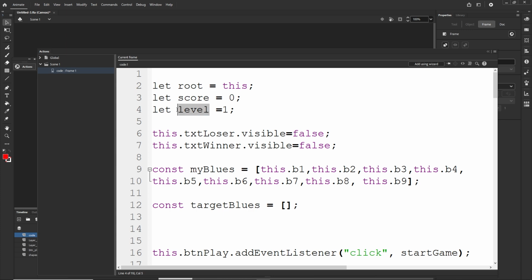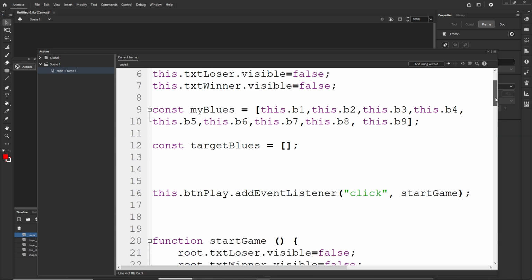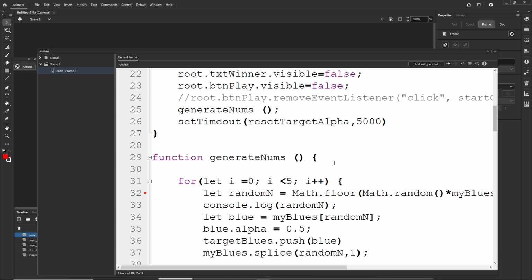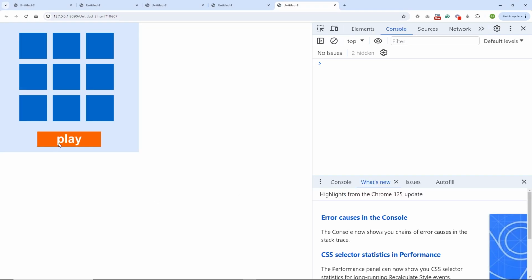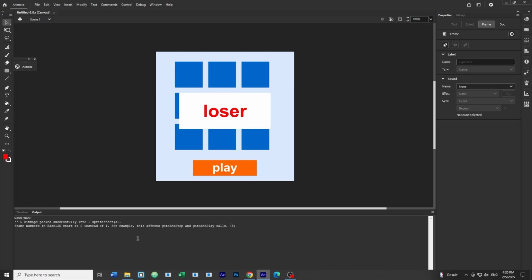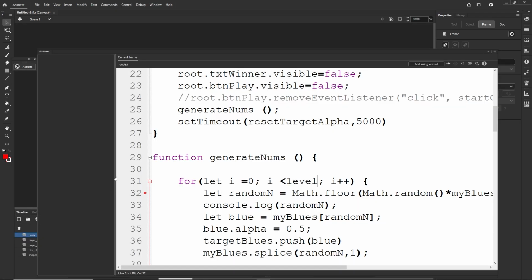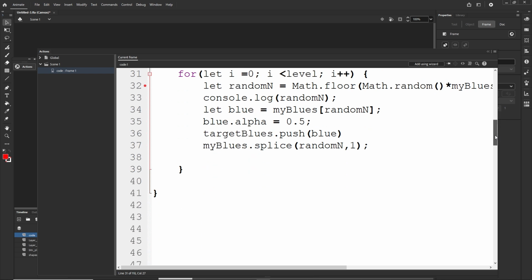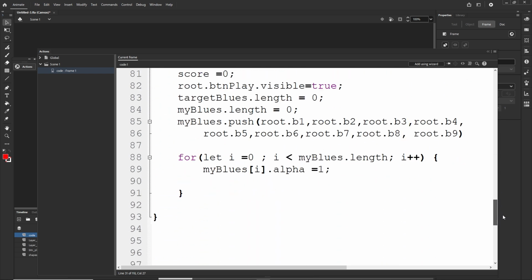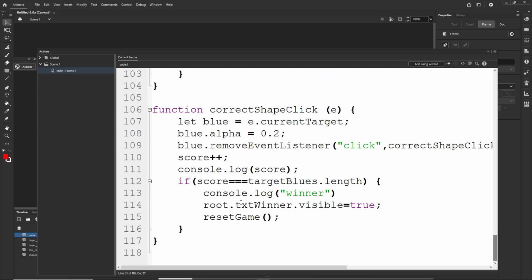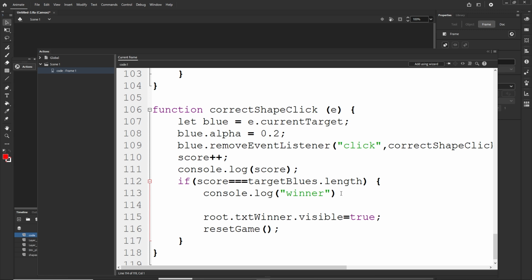Now I can copy this level and I can go to my generate nums, and instead of generating 5 shapes, I am going to go level, so it is going to be 1. So right now we are going to basically generate 1 shape. Okay, and what we are going to do, we will go to the place where we are going to win, so it is going to be in the correct shape click. We can go, after we are going to console.log winner, and I am going to say that level plus plus,